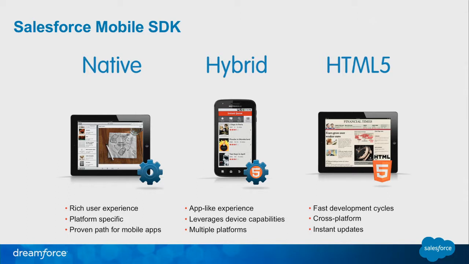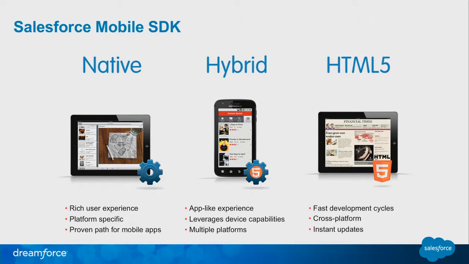When you look at the strategy of building a mobile application, you really want to think about, am I going to build this fully native, am I going to build it hybrid, or is it going to be an HTML5 app that's hosted on customer communities or the Salesforce platform in the cloud? And really, if you're thinking about the strategy of a mobile application, you want to ask yourself, is it going to be primarily available offline, or am I going to have connectivity? That'll help you in deciding whether you're going to make it native or hybrid or a variation of both. And we've done successful applications all across the board, from fully customized native experiences to HTML5 applications that deliver content